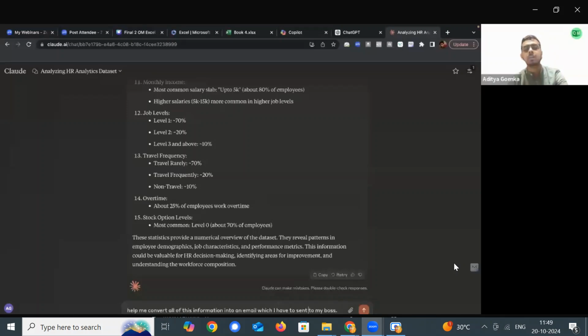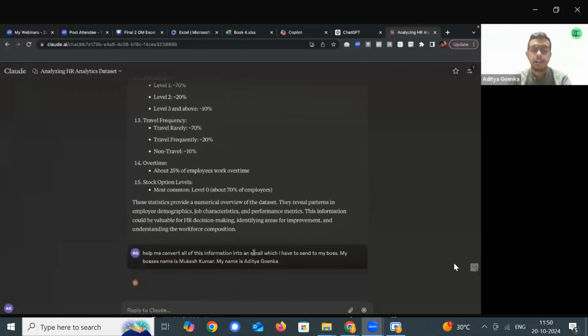Okay, help me convert all of this information into an email which I have to send to my boss. You can in fact add more information, like my boss's name is, let's say, Mukesh Kumar. My name is Aditya Goenka. You can add information like this, then simply hit enter, wait for a couple of seconds, guys, because